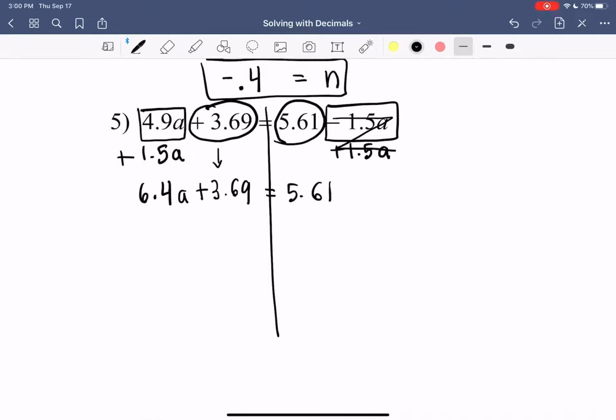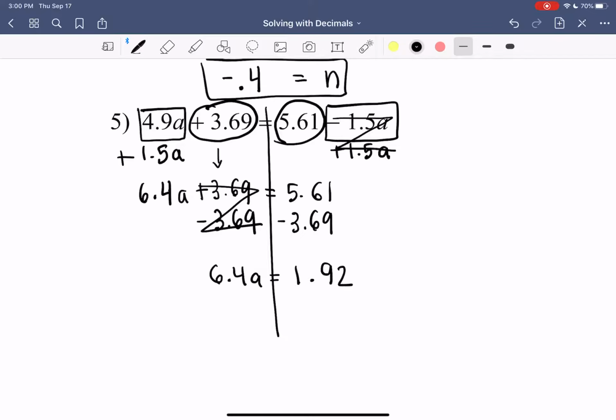So right here we have our third question, which is to identify if we have constant numbers on both sides, which we do. We have 3.69 and 5.61. So we're going to move the constant that's on the same side as the variable by changing its sign. So we're going to then subtract 3.69 from both sides. So this will become 0. And we'll be left on the left side with 6.4a equals, and then again, here's 5.61 minus 3.69,